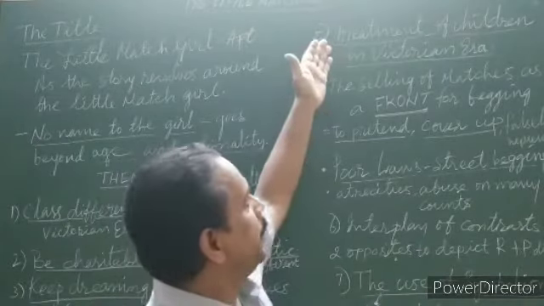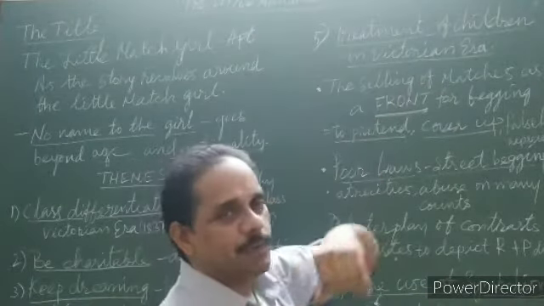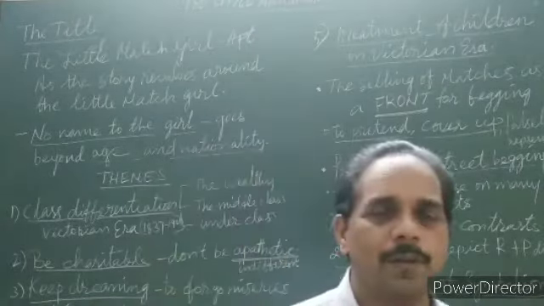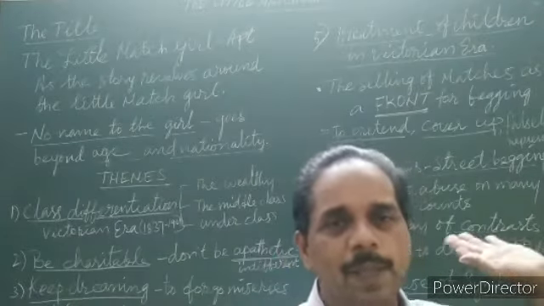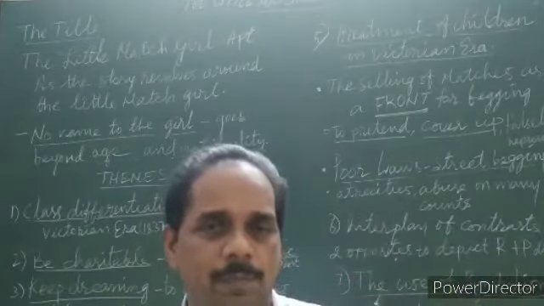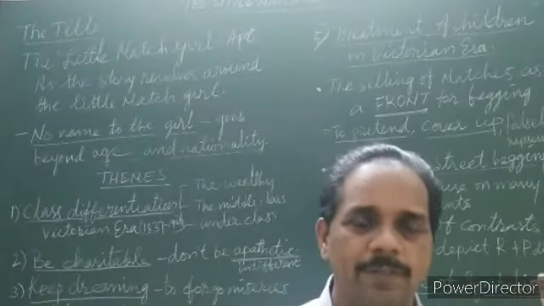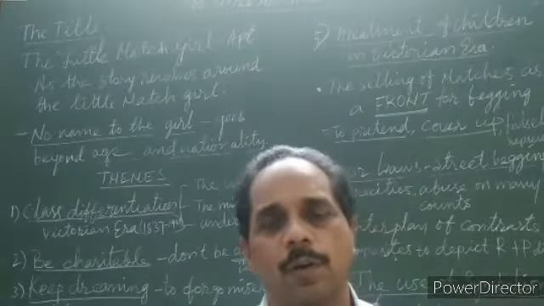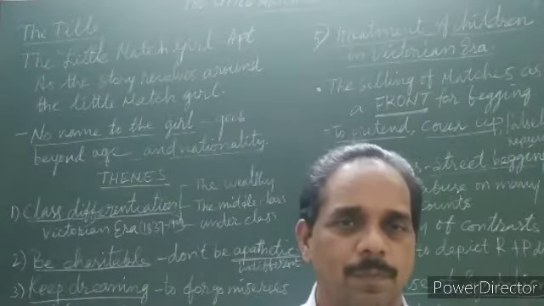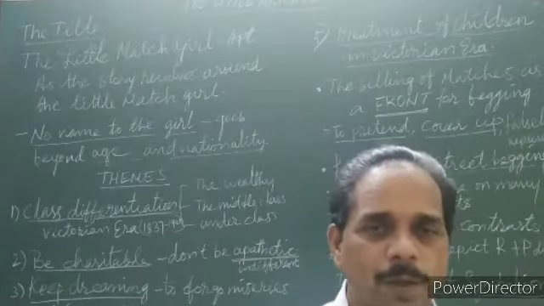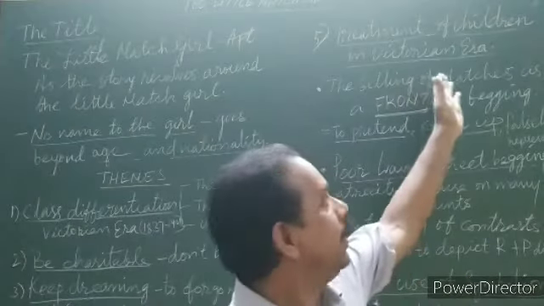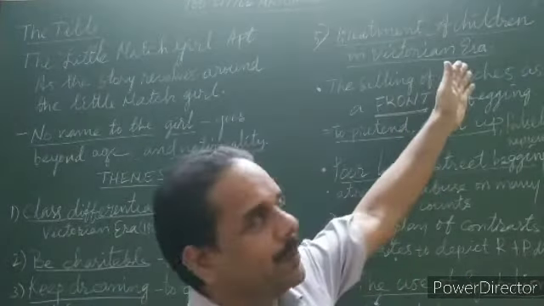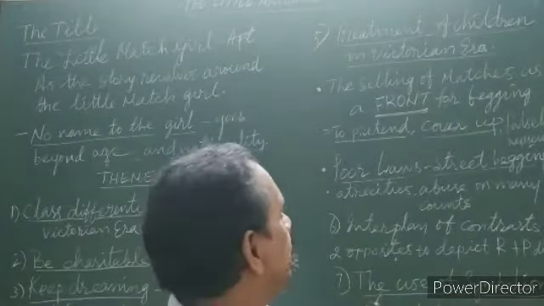And the fifth theme is treatment of children in the Victorian era. This is one of the main themes actually. If you do not understand this theme, you will not follow the classes. And to answer your workbook, also, you will need an understanding of this treatment of children in the Victorian era.